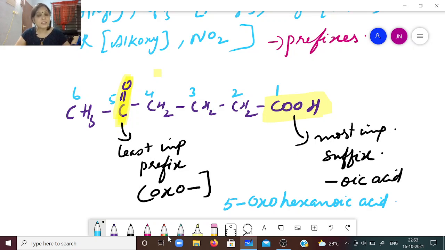In oic acid, normally we will not keep any number because carboxylic acid will come mostly in the end only. So that is number 1 only. So there is no need of giving a number to hexanoic acid. So 5-oxo hexanoic acid. Now next,